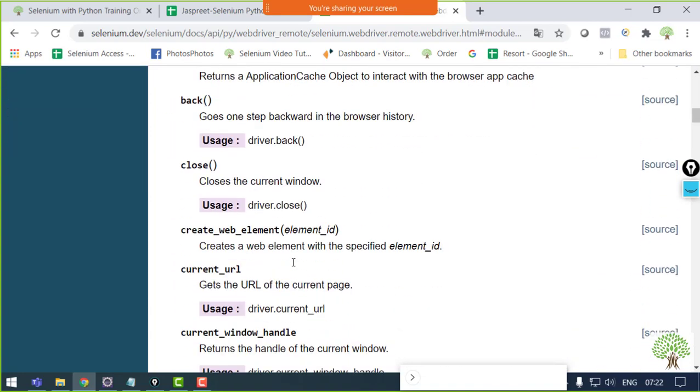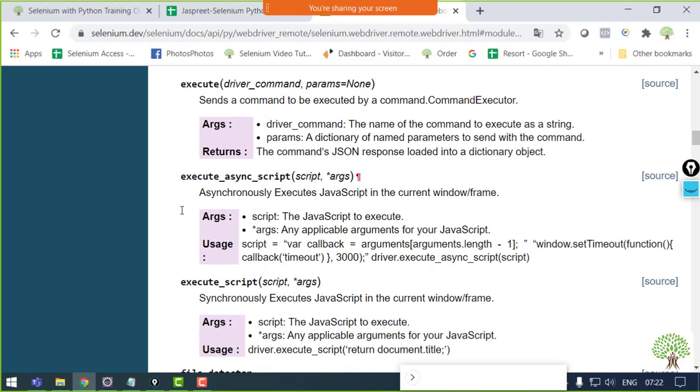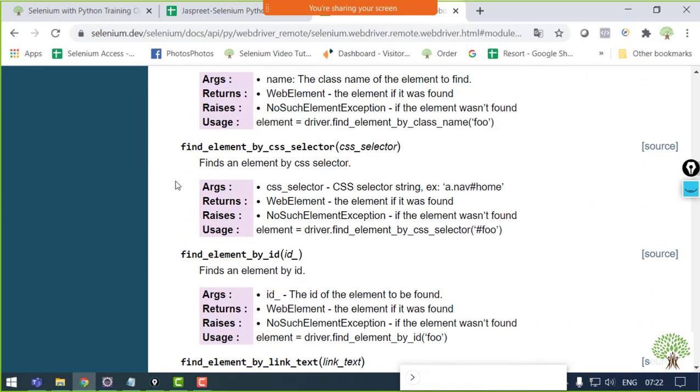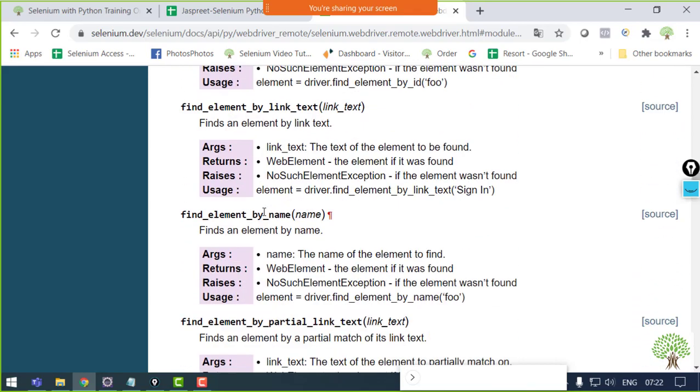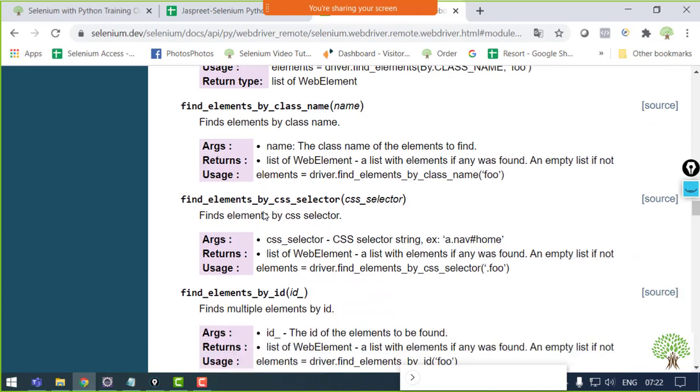So over here you can see delete cookies, current URL you can check, and then I'll show you some of the easy ones. These are the functions which will help while we are extracting some elements from the web page. That we will be covering, how to extract the elements from the web page.